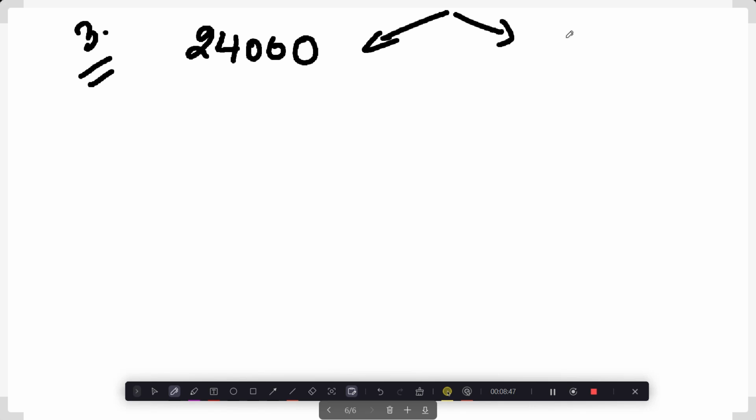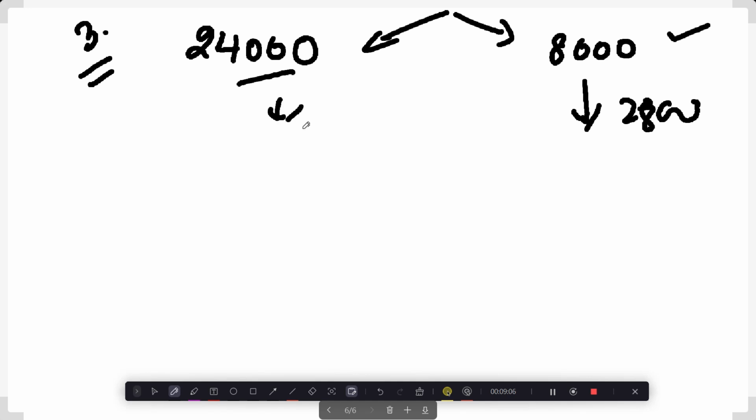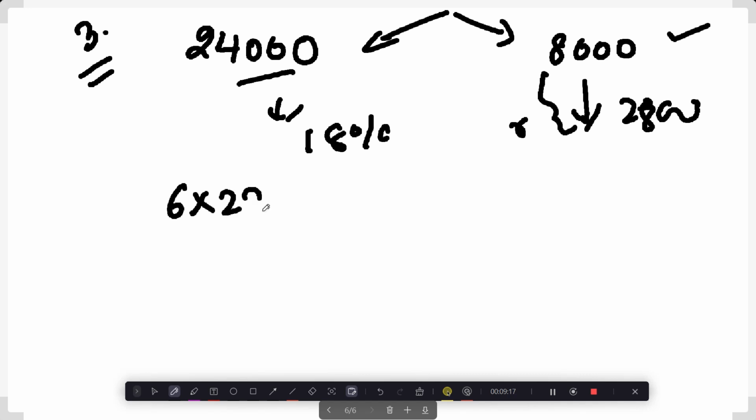Now third question. A TV can be purchased either for 24,000 direct payment, which is cash price, or 8,000 down payment, cash down payment, and then 6 installments of 2,800 each. So Ali goes to buy a TV. He has 8,000 with him, so he just pays 8,000. So should he take this scheme, or should he take this at a loan of 18%? So let us find the interest rate for this, right? Now total कितना इसने पे किया installments में?